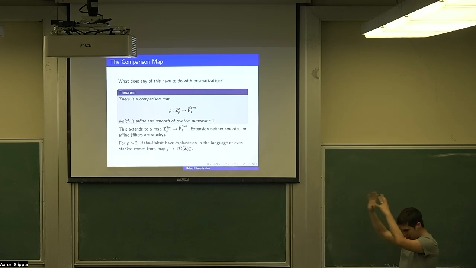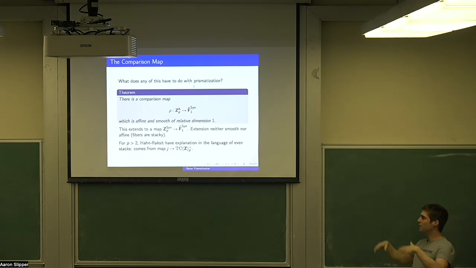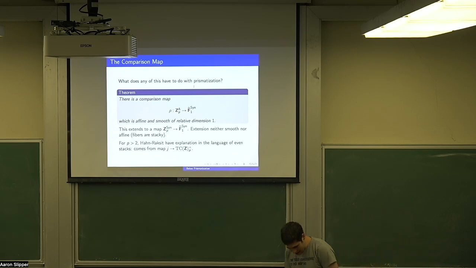And let me just mention, for these even stack guys, this was just obvious. Why was this even a question? So at least if P is greater than 2, they have an explanation for where this comes from in the language of even stacks. And the short answer is there's a map from J into TC of Z after you p-adically complete. I've had them explain this to me. They work hard for it too. It's not just like you take the even stacks of both sides and there's the map. You have to,